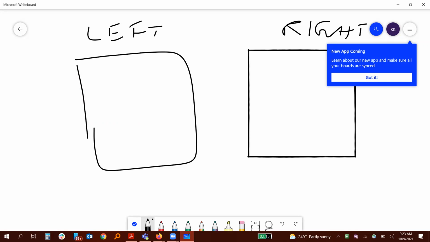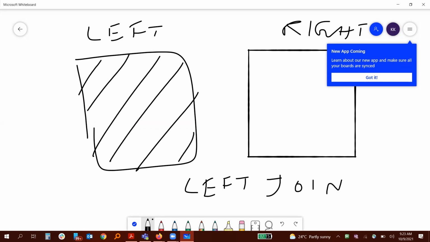Now, when we do a left join, first understand what a left join is, then we'll do a simple query on that. Left join means data from this table will become the base, and only matching records from the other table will be added as data into this table. That's how it works. Now, if I have to give an example in Excel,